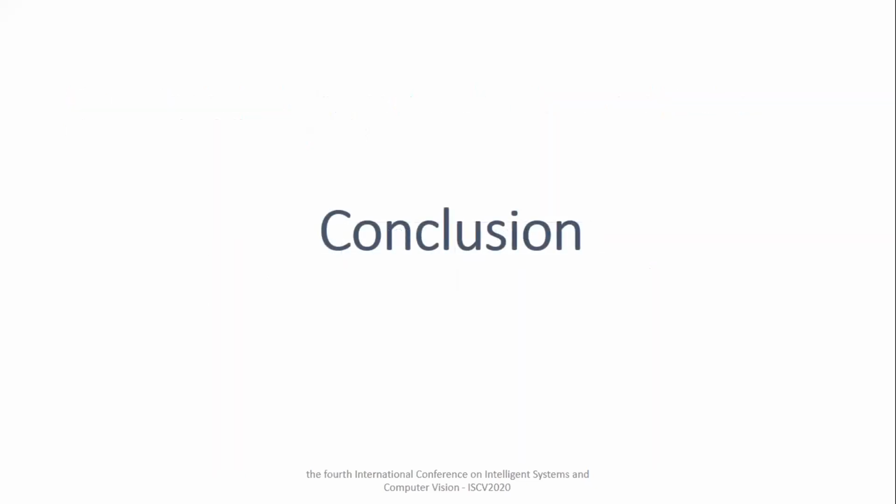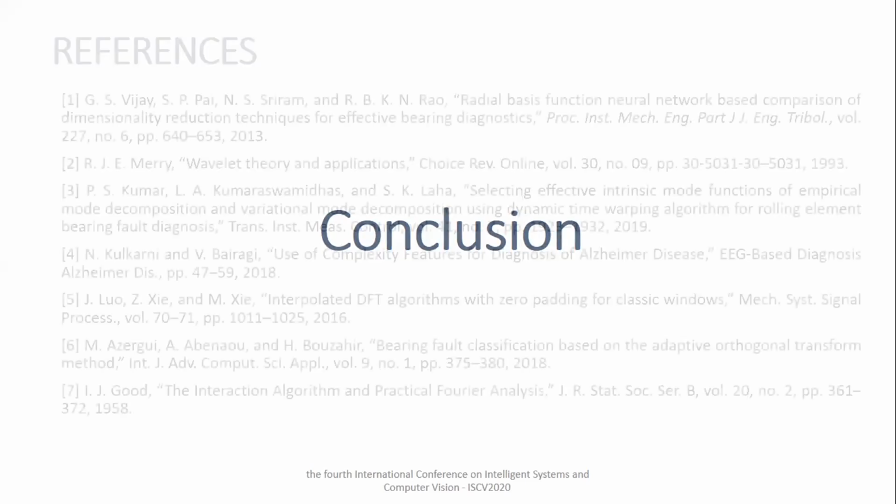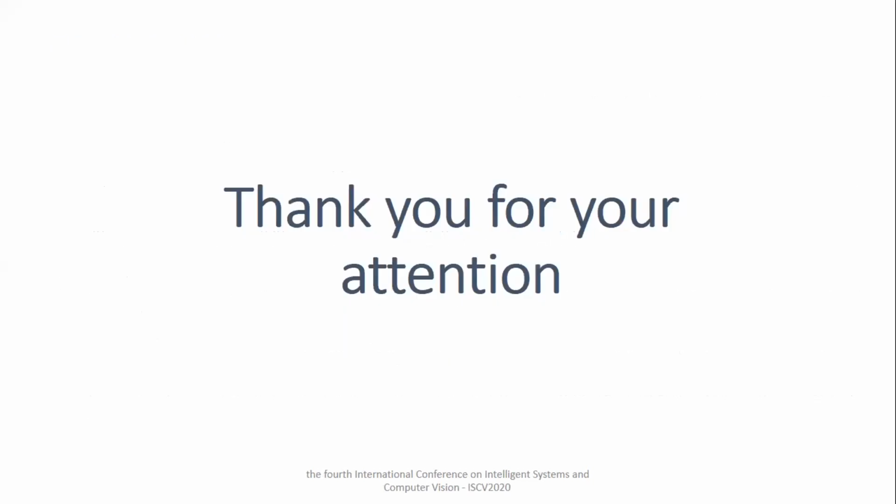As a conclusion, we conclude that the adaptive orthogonal transformation is one of the most efficient methods of speech recognition that gives satisfactory results and a fast algorithm, even if we have a training dataset that contains fewer signals compared to the test dataset. This approach can solve several classification problems in various fields, such as object recognition systems, medical diagnosis systems, voice prompt recognition systems, etc. And finally, I would like to thank all the organizing committee members of the International Conference on Intelligent Systems and Computer Vision, and thank you for your attention.